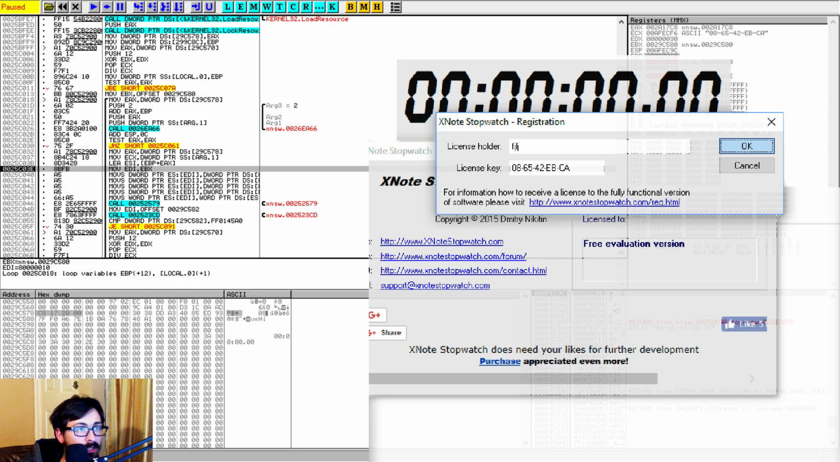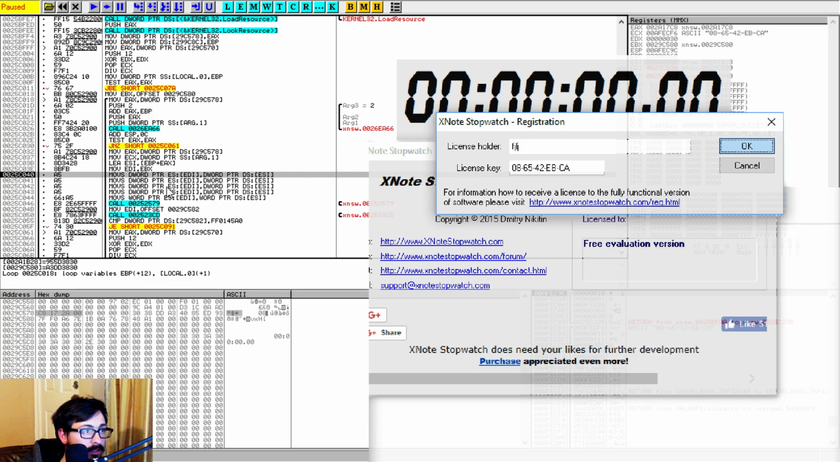And loading it into ESI. There we go. And then it's going to move to EDI, our EBX. And what are these guys doing here? Right into the pointer at EDI. What is at the pointer of ESI? Alright, let's go ahead and follow in the dump our string source